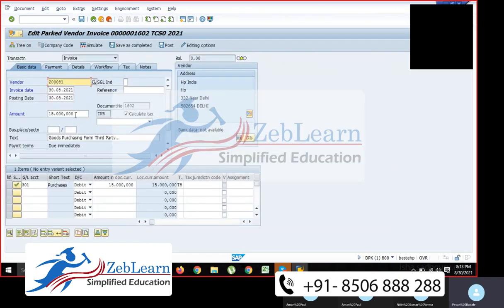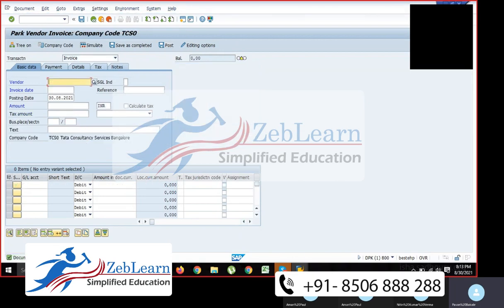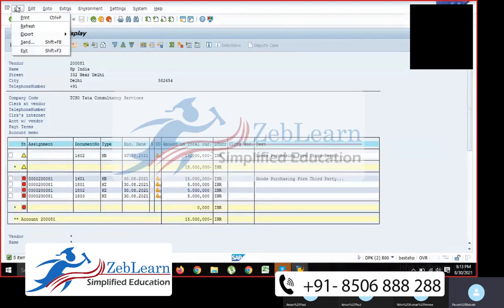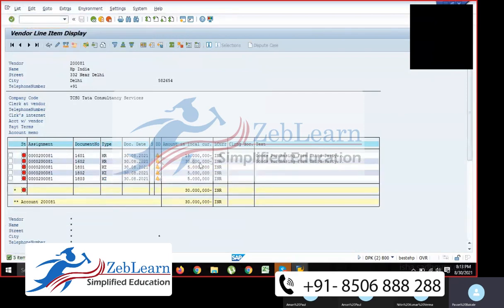If you understand, customer and vendor is same to same. You can make changes of amount if you want. Post it. 1602. 30,000, this was the before balance. This is a KR document, 30,000.